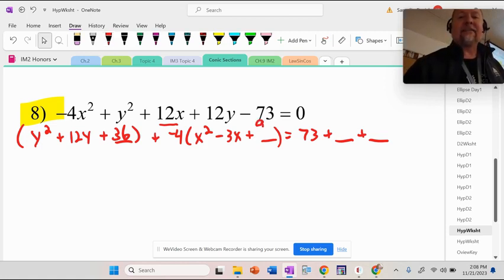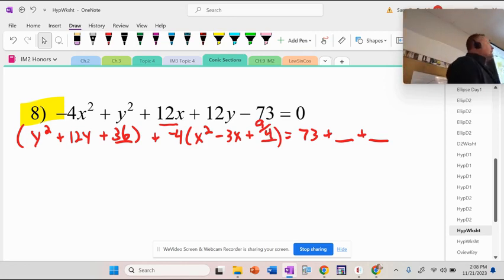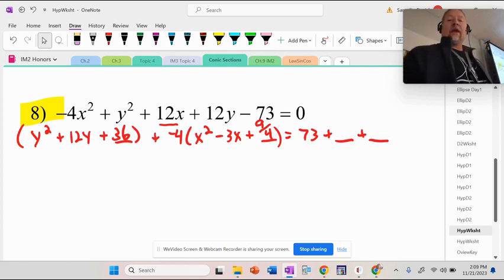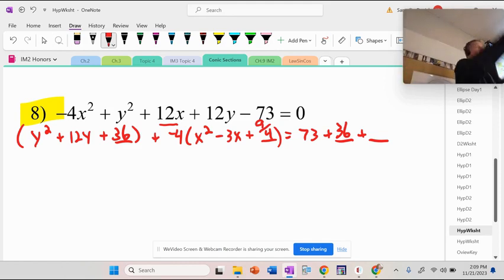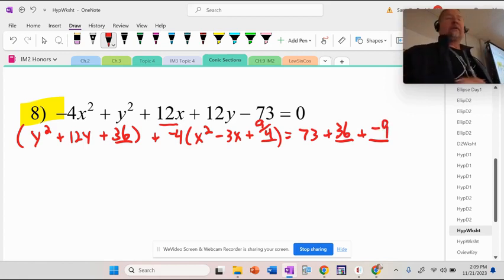This is why I'm sick that people make this like a calculus concept. It is not at all. And then one more thing. What's this first blank over here? Is it really 36? Yes or no? It actually is. There's no multiplier. We know that's not 9/4, though. What is it actually? What's -4 times 9/4? 9, but what kind? Negative. These are the things that people who can't stop pushing buttons and copying screens still can't do.